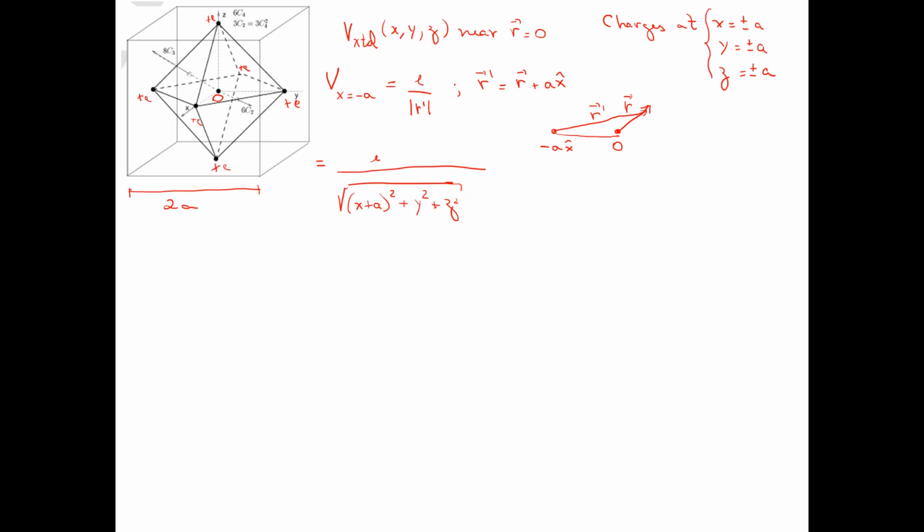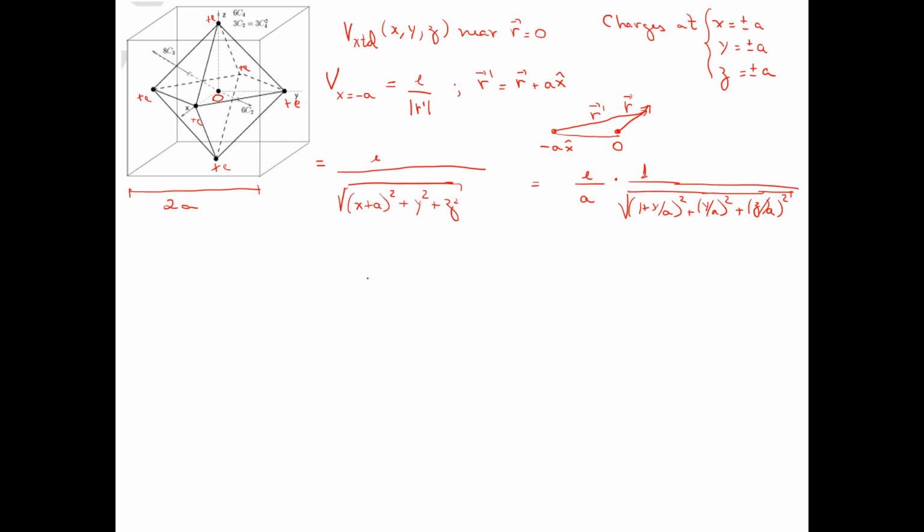Okay, and I can write this as e over a times 1 over the square root of 1 plus (x over a) squared plus (y over a) squared plus (z over a) squared. Okay,